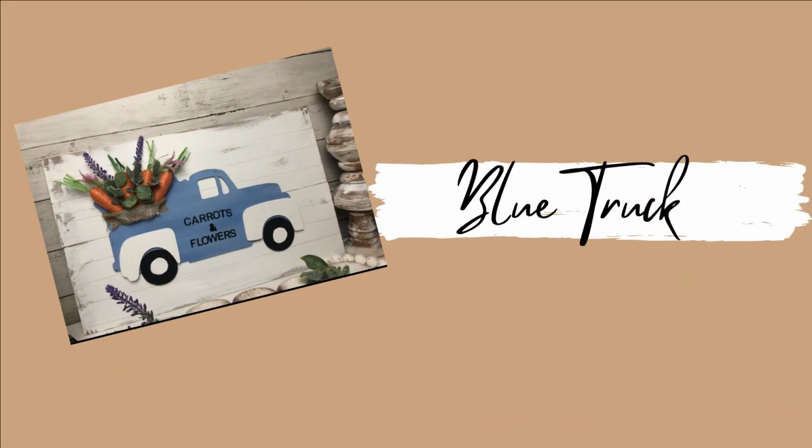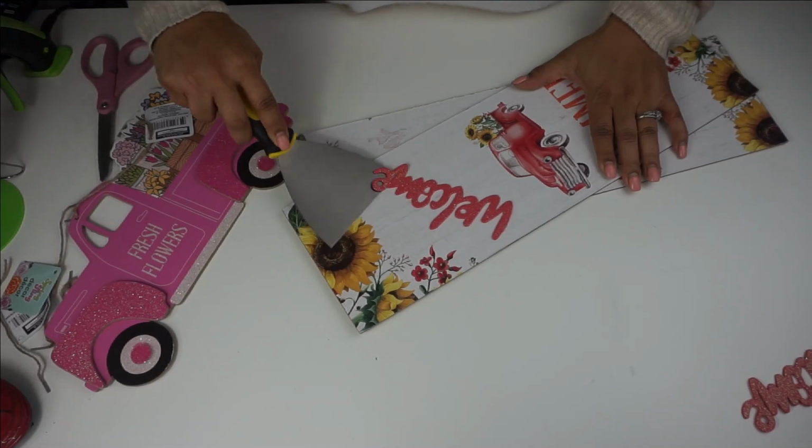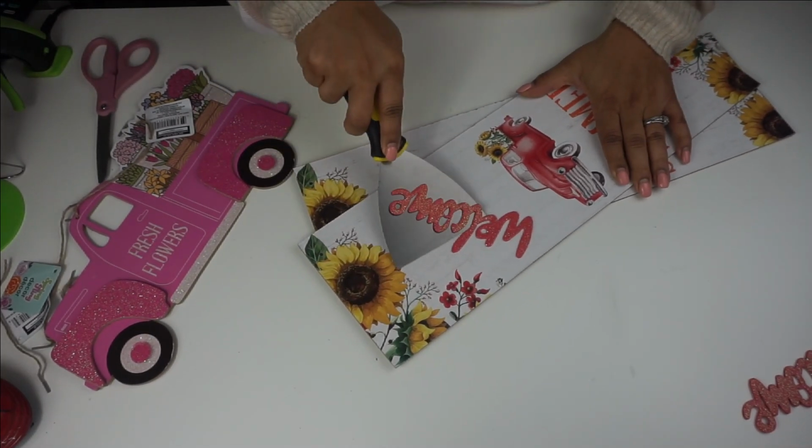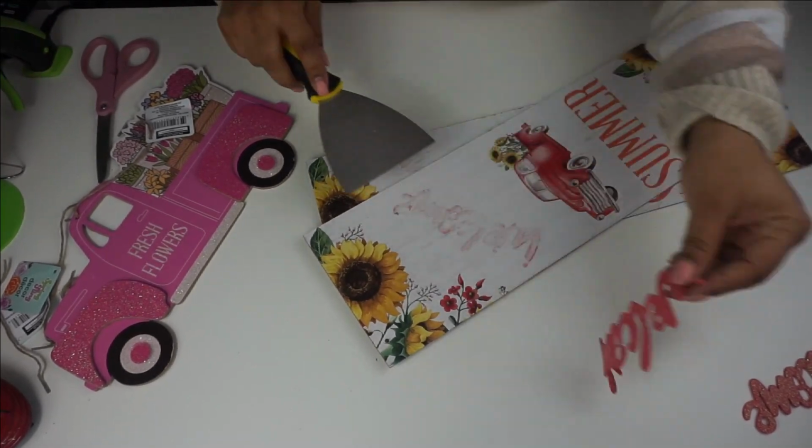All right, let's jump right back in. Next up, we are doing this blue truck sign. Now, you all know I am not a fan of the little red truck craze, but I could not resist with this DIY. So I decided to take a different take because it is spring and Easter. I took blue. So I'm taking these two summer signs from Dollar Tree along with this pink fresh flowers truck,